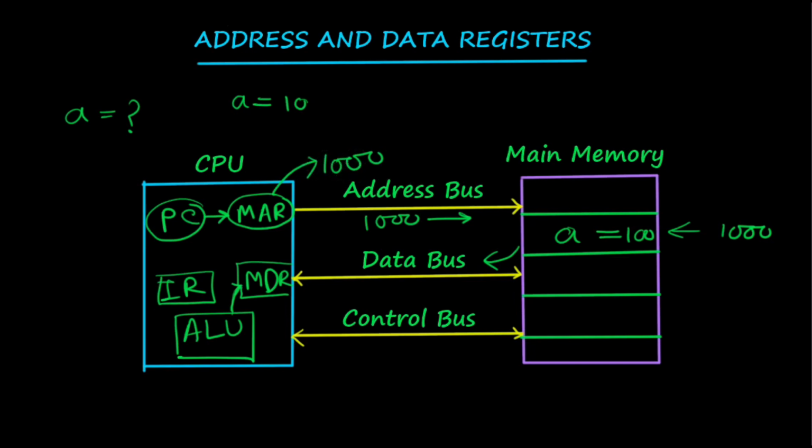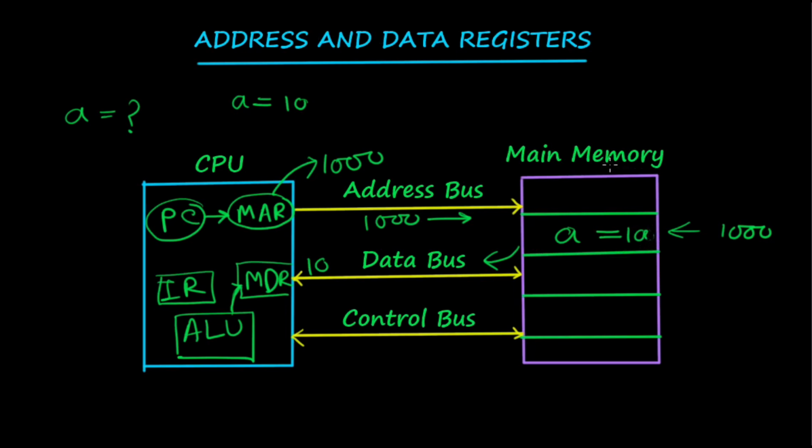If the location is the same, because I am updating in the same location, just after the read operation I do not need to change the MAR value. Suppose I want to keep the value in a different location, then the MAR needs to be updated. So if you are doing read and write operations on the same location, then there is no question of updating the MAR. So 10 will come to the data bus, and main memory will update the value 10. So this thing is very simple, right?